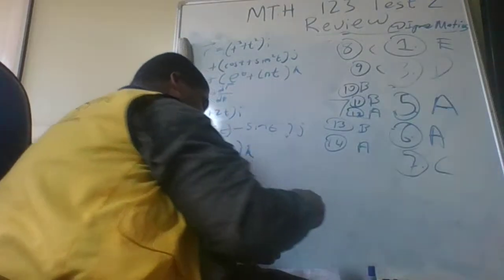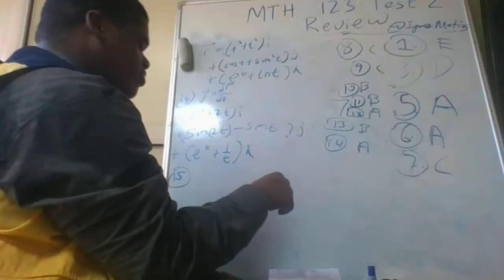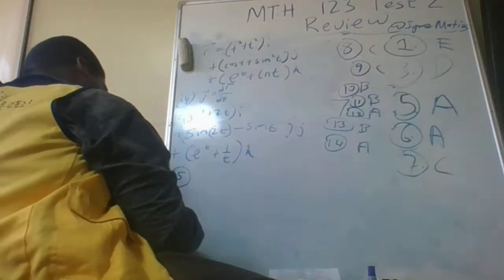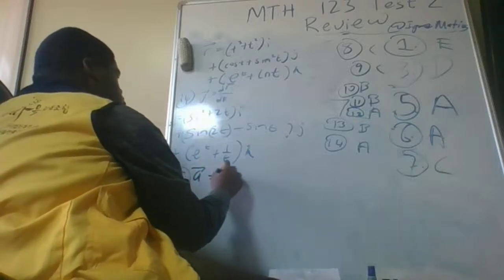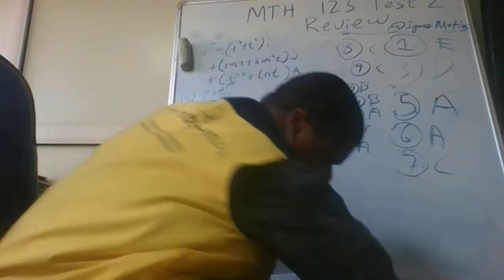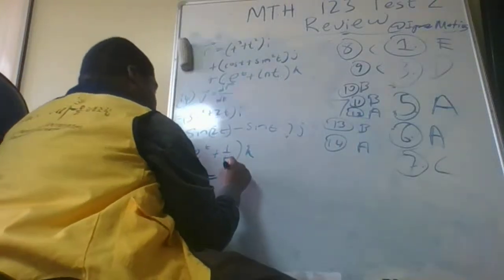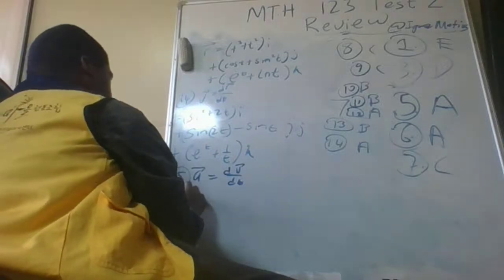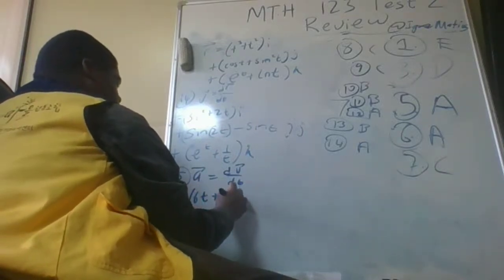The same way we differentiated, that's how we're going to differentiate now. So let's differentiate our i components. If we differentiate our i components, we have 6t. Our acceleration is equal to the derivative of the velocity with respect to time, which is equal to 6t plus 2 i